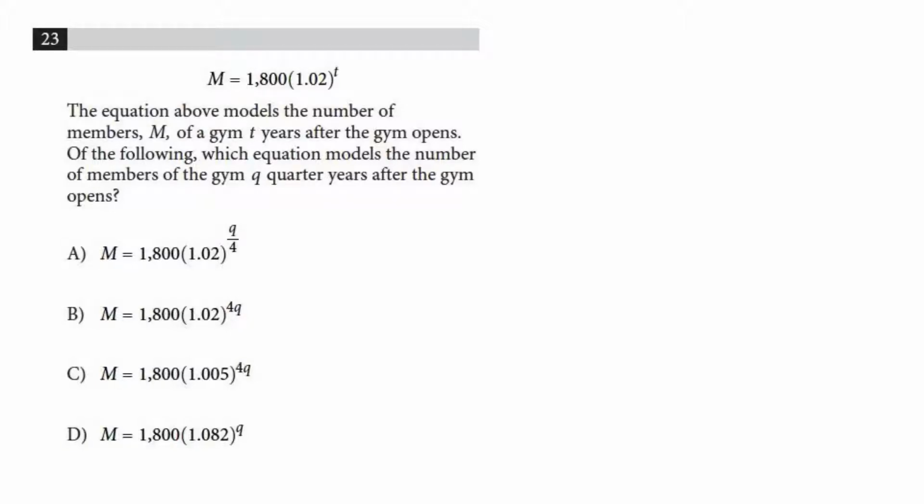23. M equals 1800 times 1.02 to the t. The equation above models the number of members M of a gym t years after the gym opens. Of the following, which equation models the number of members of the gym Q quarters after the gym opens? Okay, well,